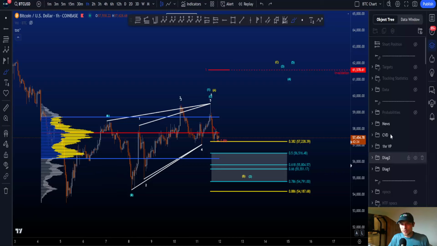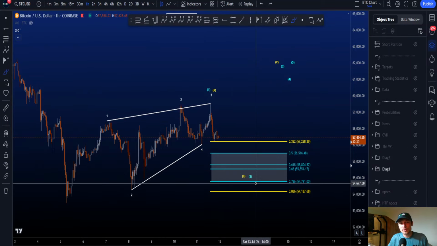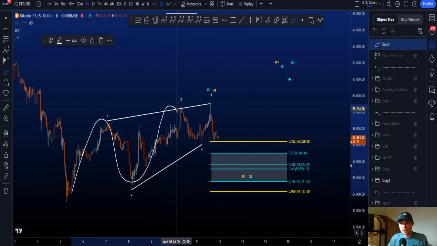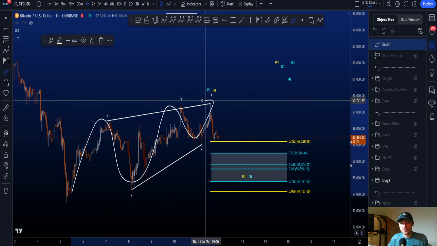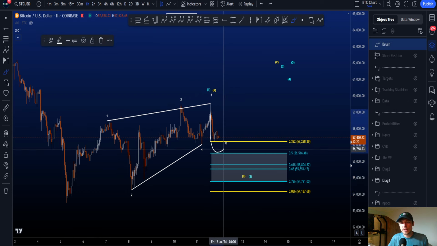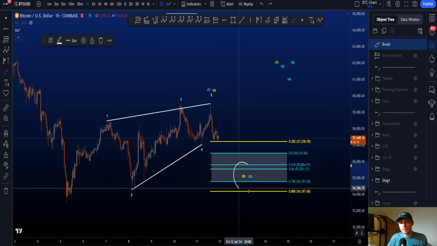Hi everyone, let's go over my bullish and bearish Elliott wave scenarios on Bitcoin, starting with the more bullish scenario where we're looking for a leading diagonal towards the upside, a 5-wave structure in a wave 1 or a wave A, and now we want to see a 3-wave corrective structure to the downside in a wave B or a